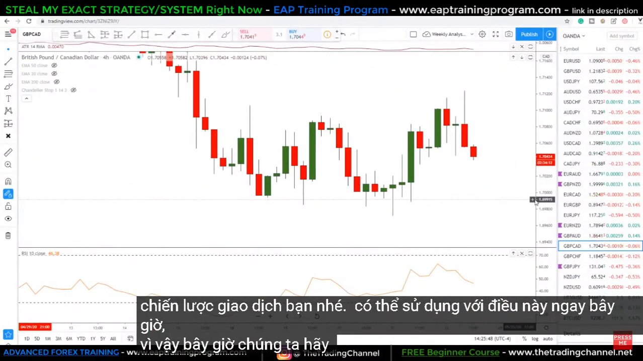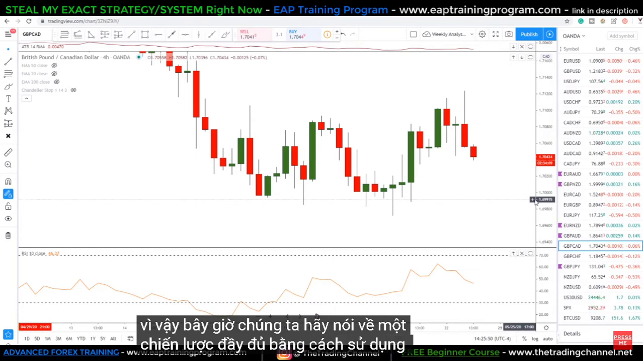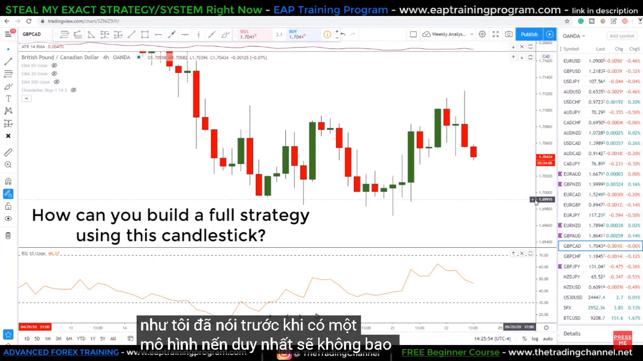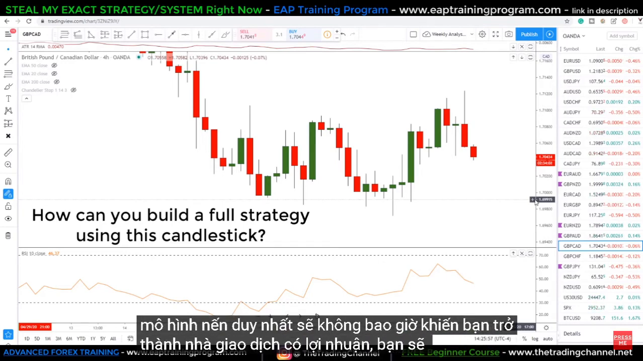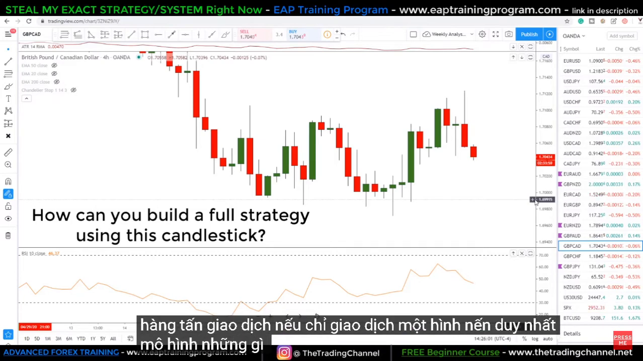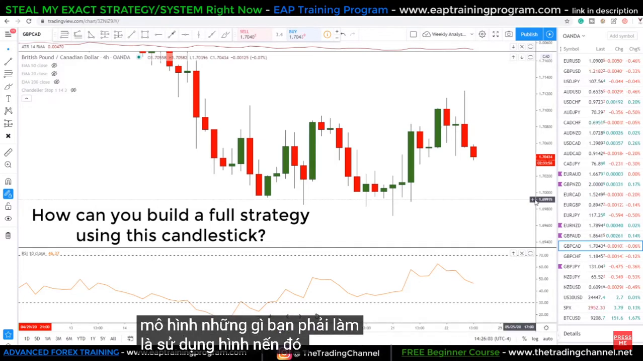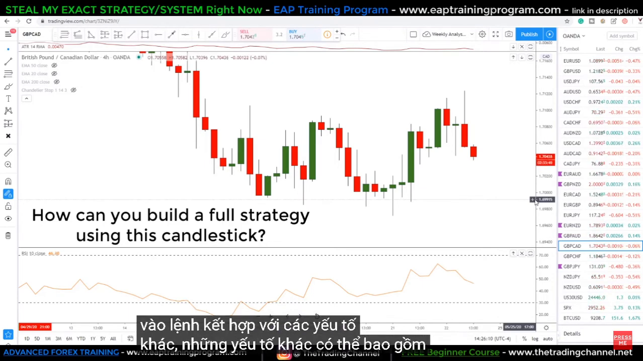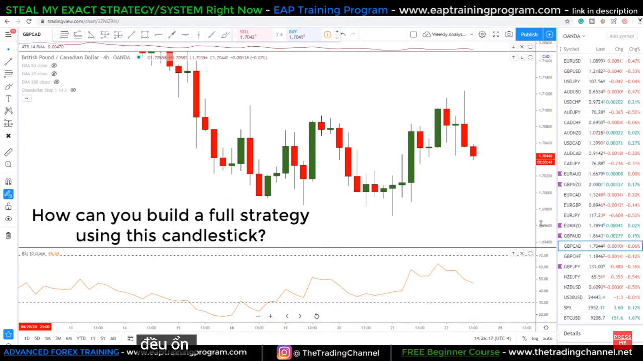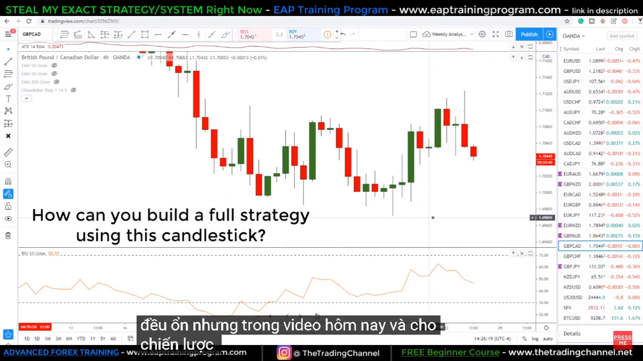All right, so now let's talk about a full strategy using this candlestick pattern. As I said before, having a single candlestick pattern will never make you a profitable trader. You're not going to win tons of trades just trading a single candlestick pattern. What you have to do is use that candlestick pattern as a reason for entry combined with other factors. Those other factors can include indicators, structure, or the underlying trend. Whatever you want the other factors to be is fine, but in today's video and for this particular strategy,